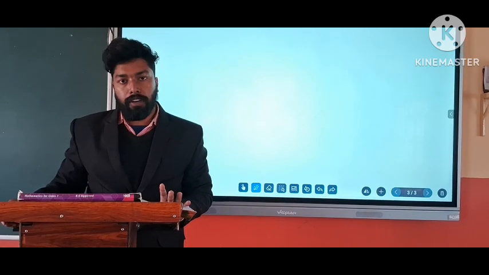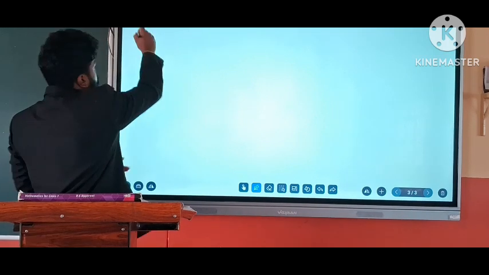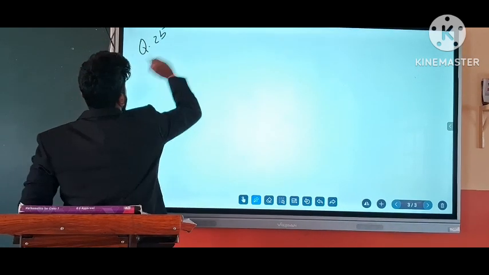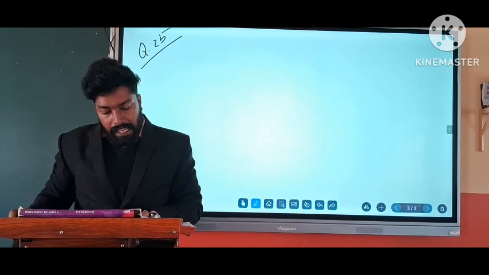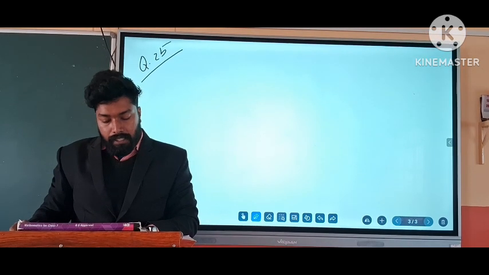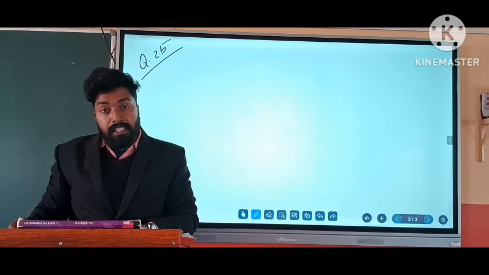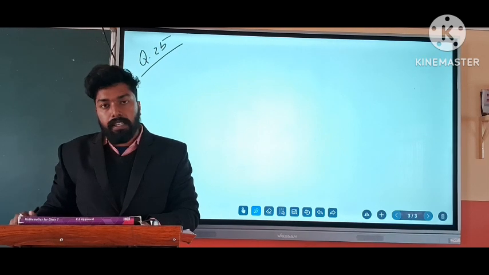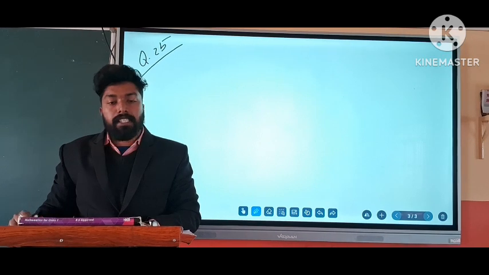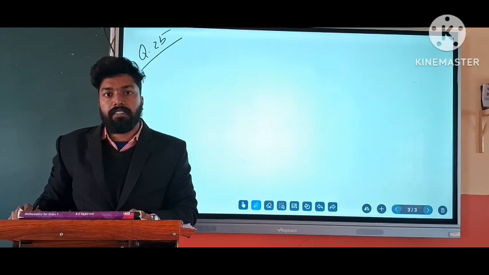So I think all of you understand the question. Now we are moving to the next question, that is question number 25. All of you will see the question. If the selling price of a TV is equal to 6 by 5 of its cost price, find the gain percentage. We want to find the gain percentage here, and it is given that selling price is equal to 6 upon 5 of the cost price. So only one statement is given there, is it?